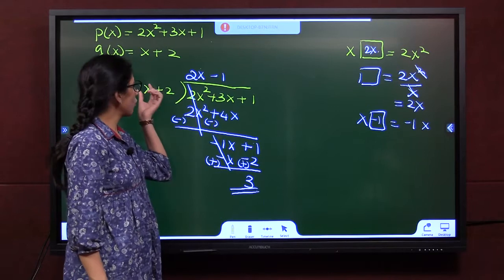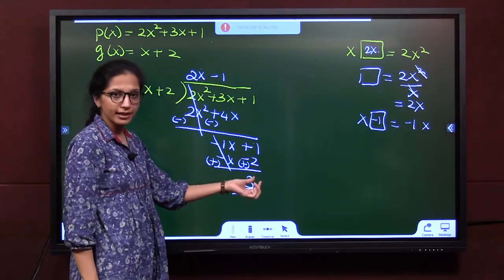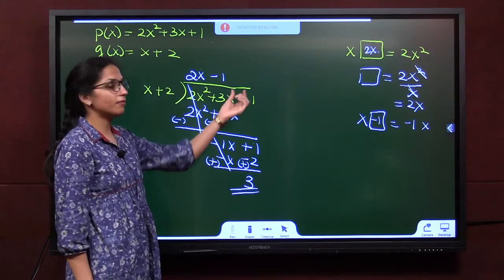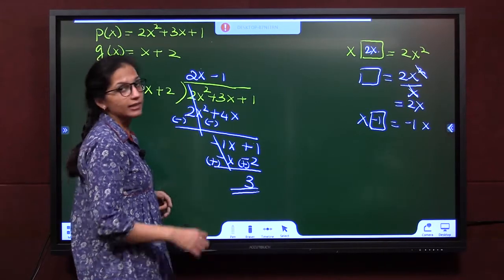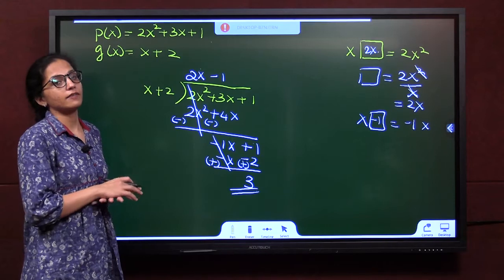Understanding? So, if you multiply x with something, it is going to be x or more than x itself. So, only when the degree of remainder becomes lesser, you cannot multiply something to get the answer, which is why that condition is given, as degree of remainder is less than degree of divisor.